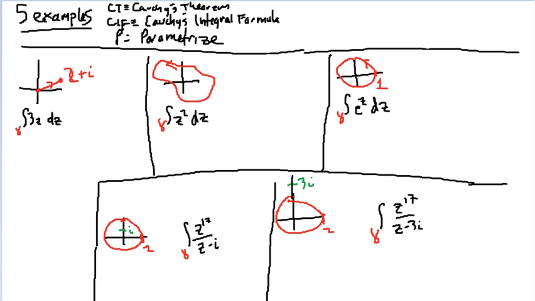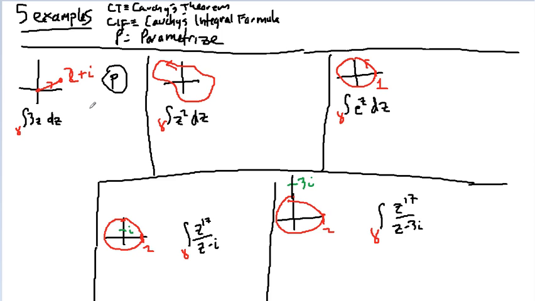I'm going to try to do 5 basic examples of contour integrals in 5 minutes. And I'm going to be using Cauchy's theorem, Cauchy's integral formula, and parameterization to do this. So my first example here is of this curve. It goes from 0 to 2 plus i in this direction. This is not a closed loop, so I can't use Cauchy's theorem or Cauchy's integral formula, so I'm going to